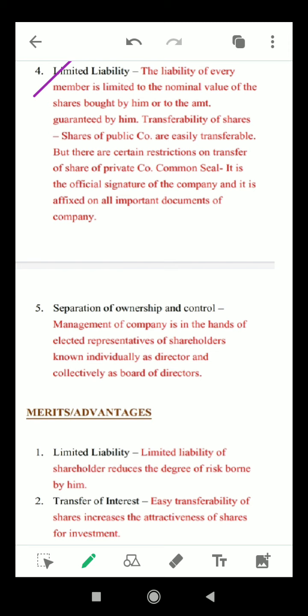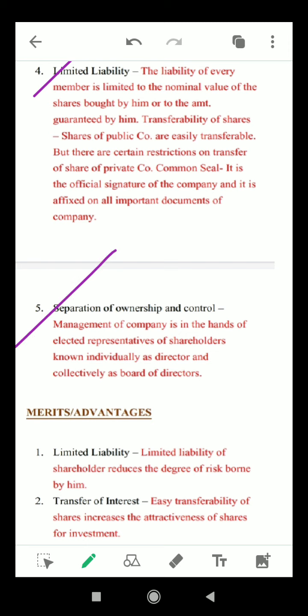So in case the company incurs huge liabilities, the shareholders can only be called upon to pay the unpaid balance of their shares. So the company, being a separate legal entity, can incur debts in its own name, and the shareholders will not be personally liable for the debt. However, shareholders of an unlimited company have unlimited liability, and the liability of members of a company limited by guarantee is limited to the guaranteed amount.